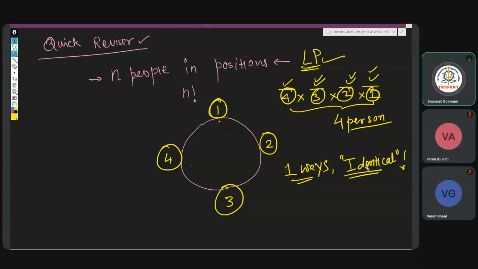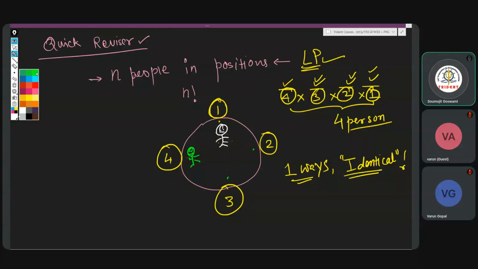Now the first person comes in and takes a position. Let's say I'm the first person, I have taken the first position. Now the second person that comes in has 3 positions, and 3 independent positions. These are not identical now. The next person, let's say the yellow guy and the green guy. Ideally I should have made it in a different color. Anyways,